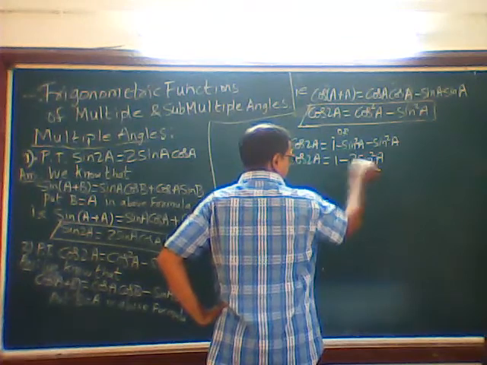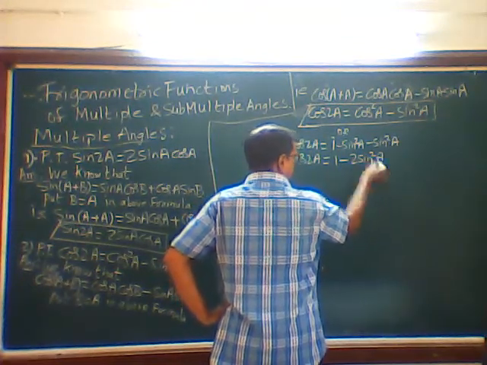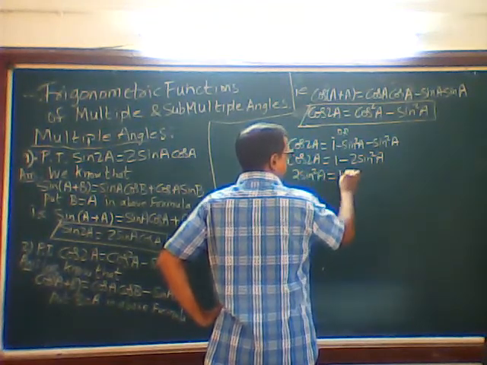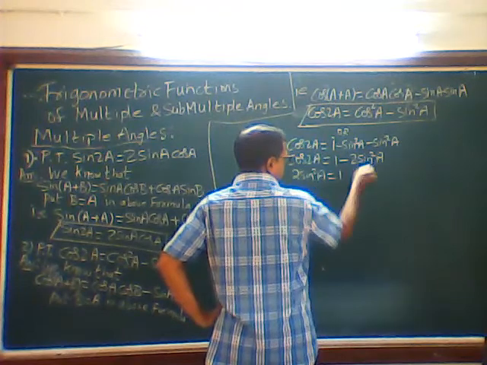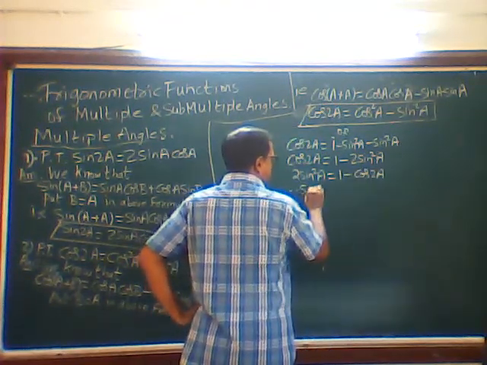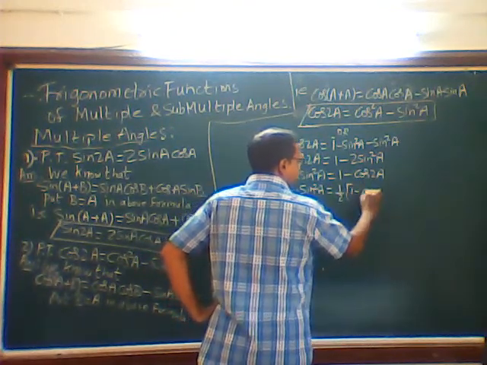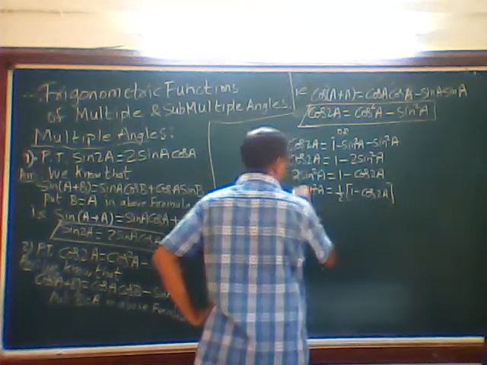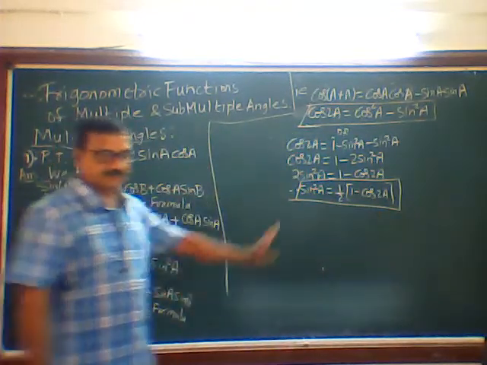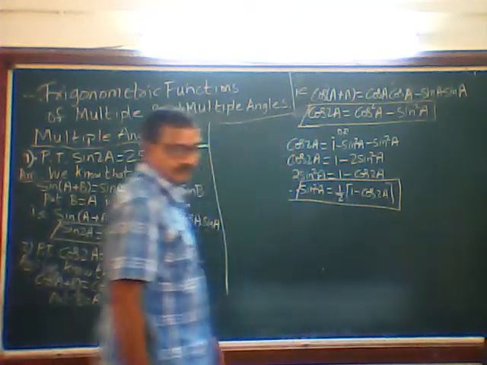From this, I will get another formula. This will not be used frequently. Now minus 2 sin square will jump here, and it will become plus. Is equal to 1; this plus will come this way and become minus. So therefore, sin square a is 1 upon 2 into bracket 1 minus cos 2a. This is one formula. Sin square a is 1 upon 2, 1 minus cos 2a. Got it?